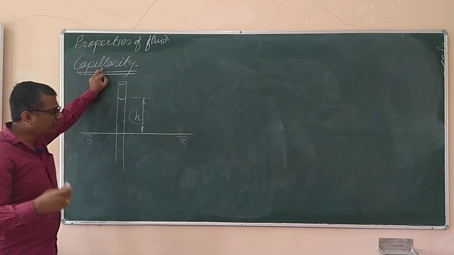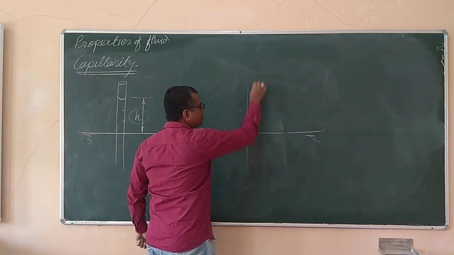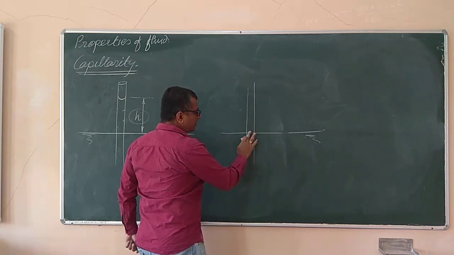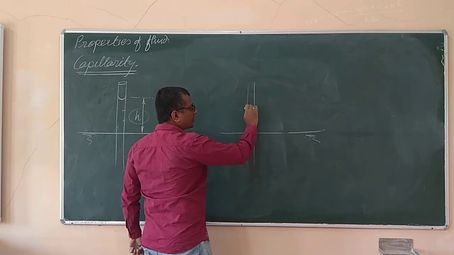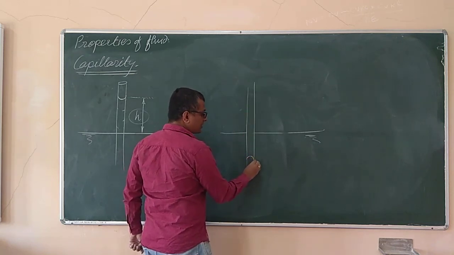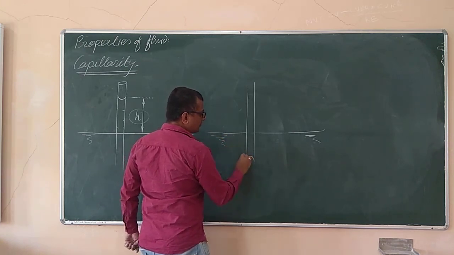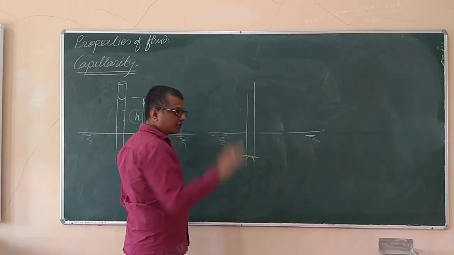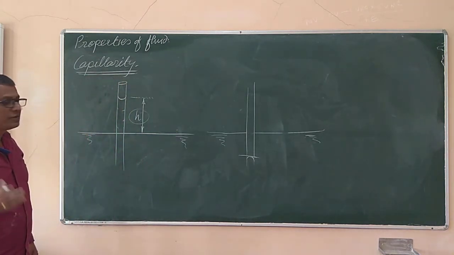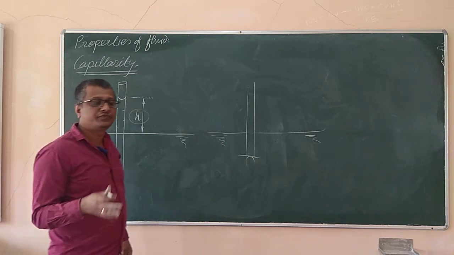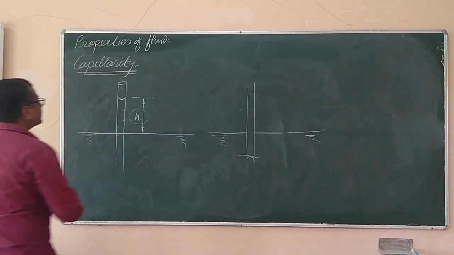By the way, in some cases, it may also happen that this is the liquid level, and if you put the capillary tube inside it, the level of liquid in the capillary tube goes up, as we have seen, but in some cases it may go down also. The level of liquid outside the tube is this much, the level of liquid inside the tube is this much. There will be depression in the capillary tube. That may happen, and all that depends upon the angle of contact of that particular liquid with the solid interface. Now, we will see the expression for that.